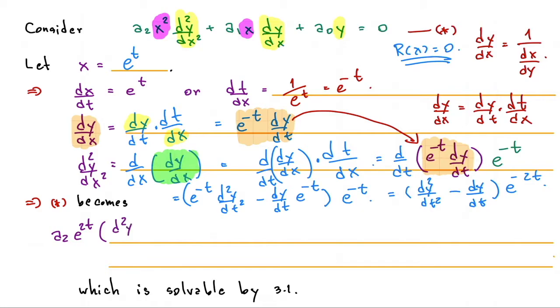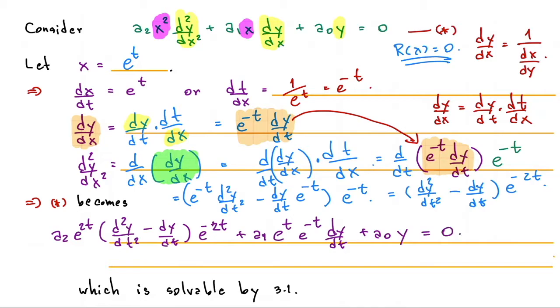So to prevent any confusion, minus dy by dt, and then e to the minus 2t, plus a1 x, where x is e to the t, and dy by dx is e to the minus t dy by dt, and plus a0 y equals 0. Okay,